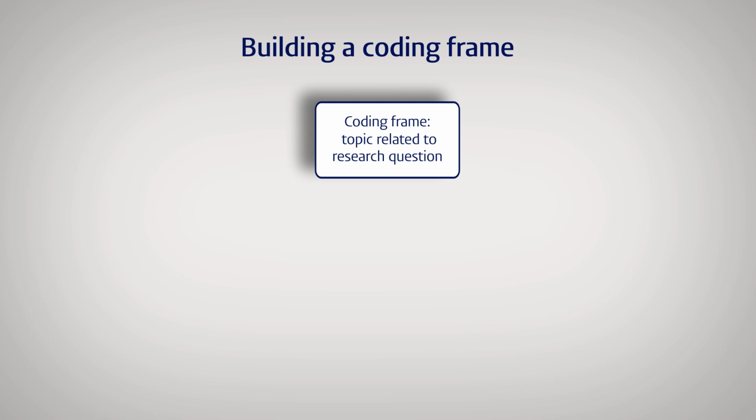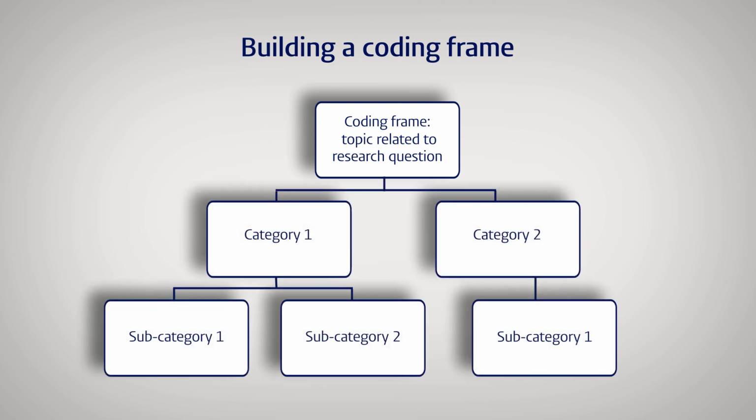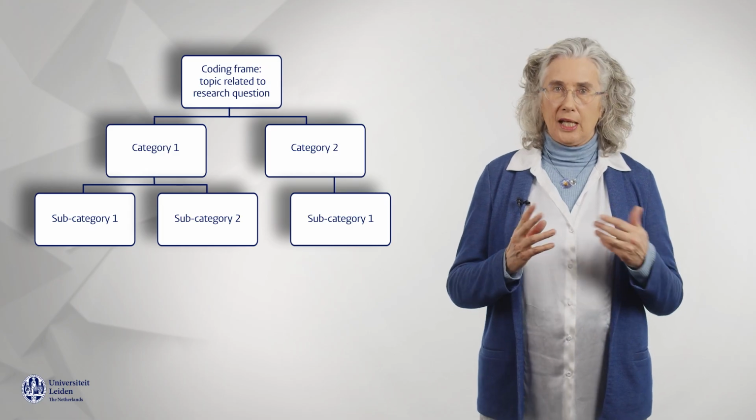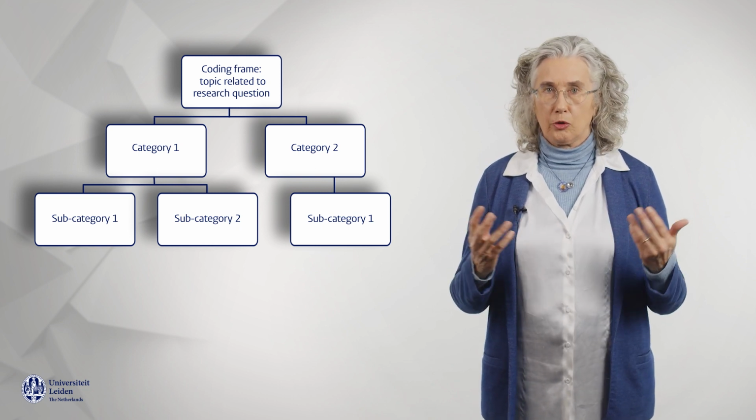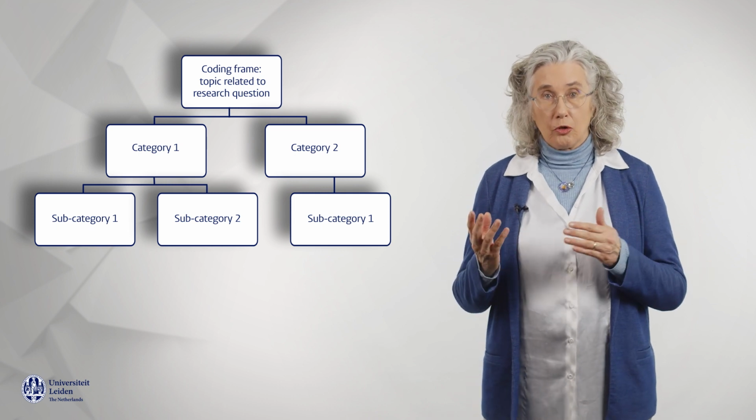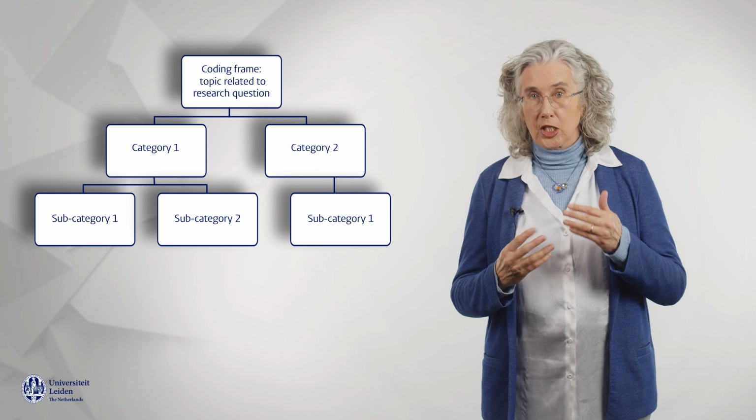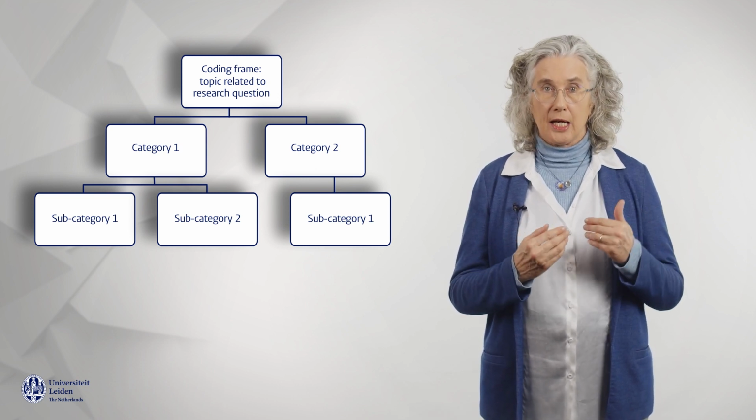A coding frame consists of categories, subcategories, and if necessary, sub-subcategories. The coding frame is directly related to your research question. The categories and subcategories represent the main sub-questions related to your analysis. A coding frame consists of several tables of each category, in which you categorize a selection of your data related